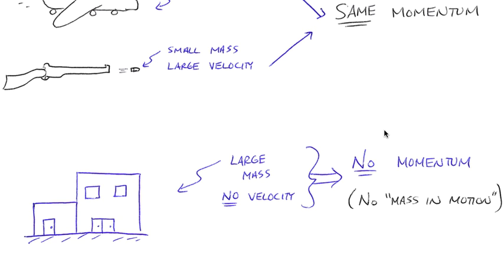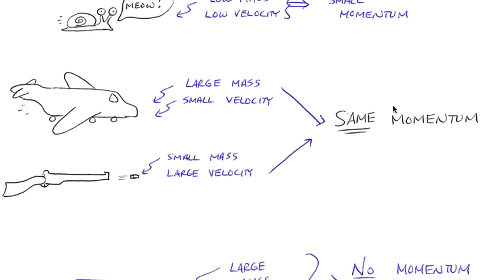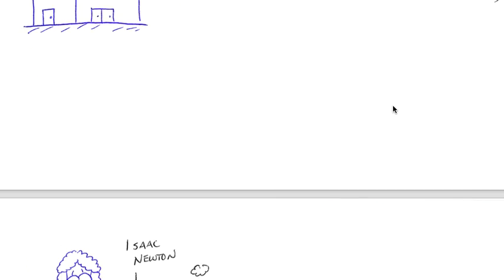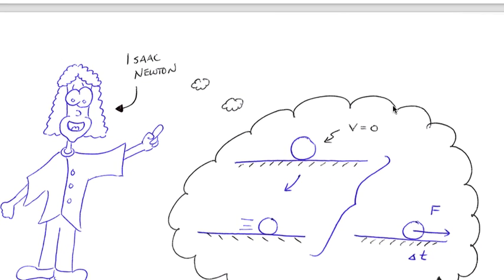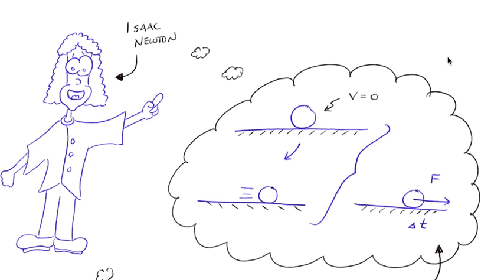So you can kind of see here that velocity has a big part on it. The mass does as well, but it's not just one or the other. It's the product, the multiplication, the combination of those two that's going to give us information about the momentum of these objects. The only other thing that we would need to understand before we start to look at this in more detail